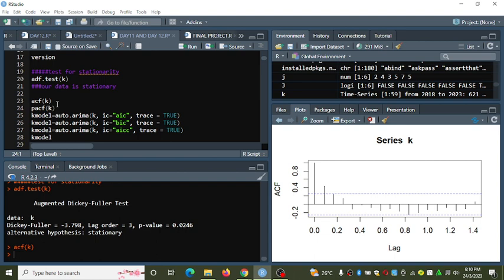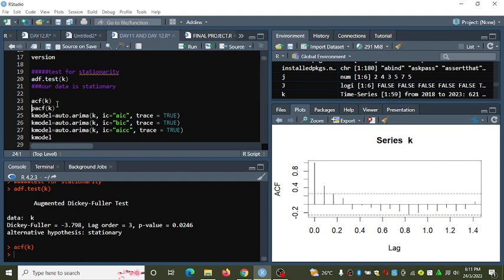Is it the AR or the MA? By looking at the autocorrelation function, that is the ACF, and the partial ACF plot of the differenced series, you can tentatively identify the number of AR and MA, that is the moving average, terms that are needed.